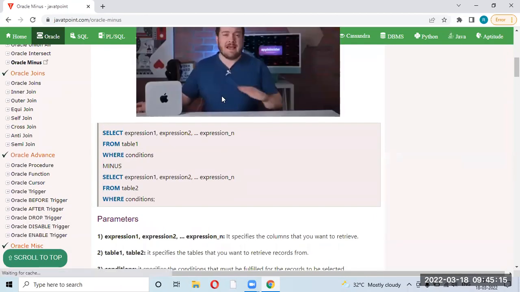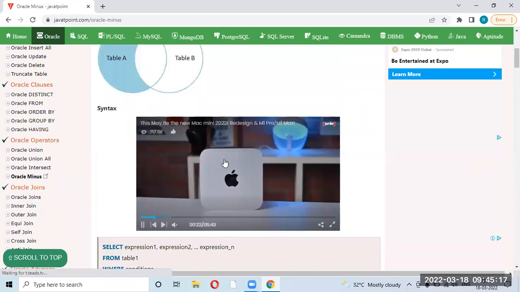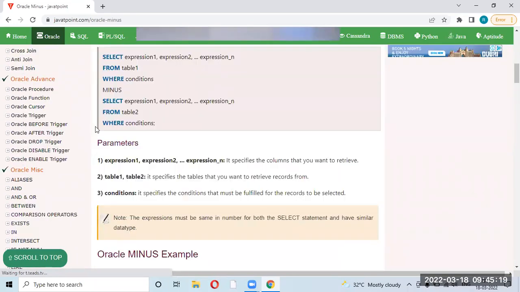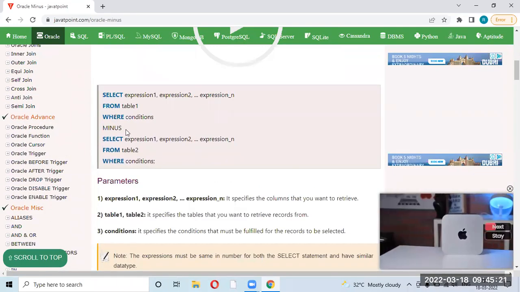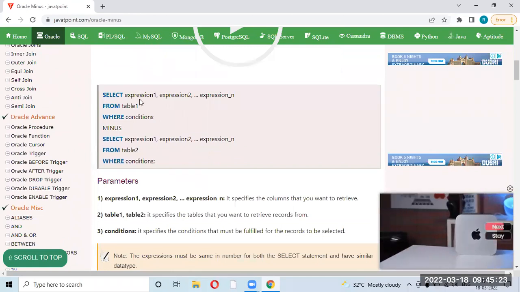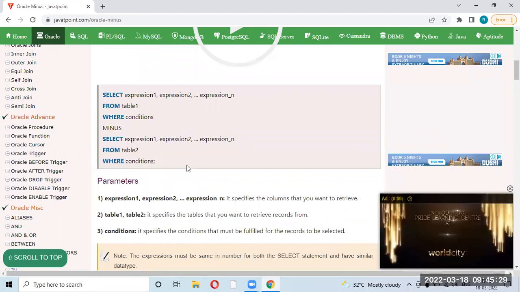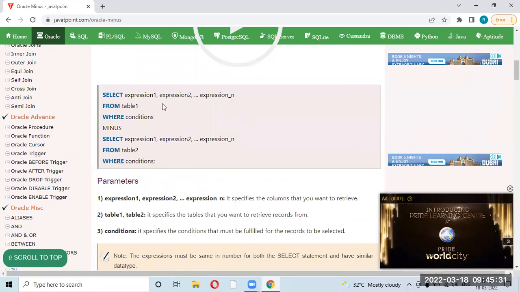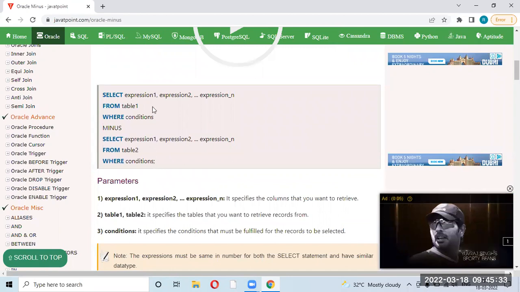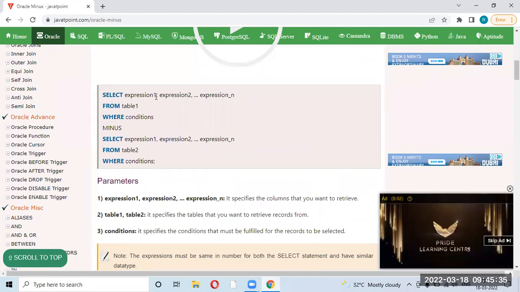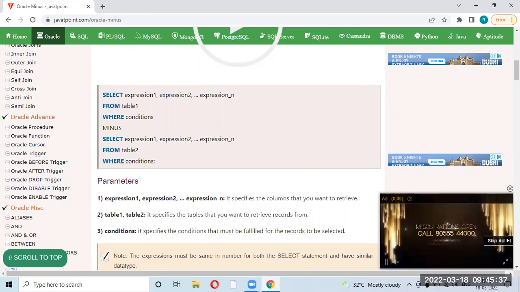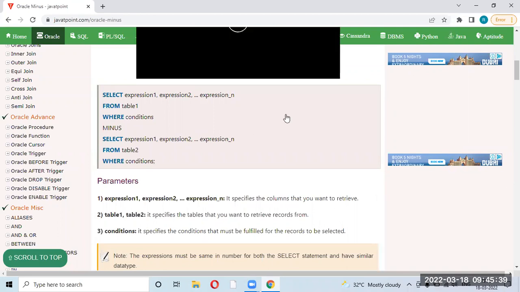And in all kinds of set operators, you should understand one thing: the number of columns in both the queries should be the same, and the corresponding columns should have the same data type. Names can be the same or different, it doesn't matter. We have seen the example of job ID and department ID.